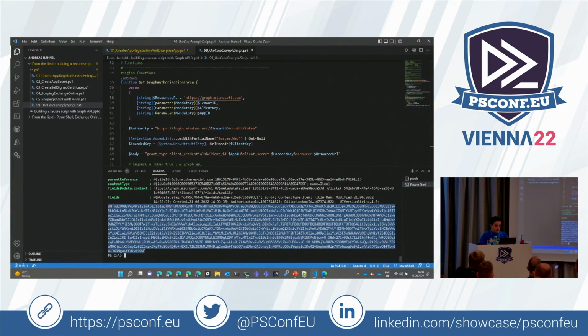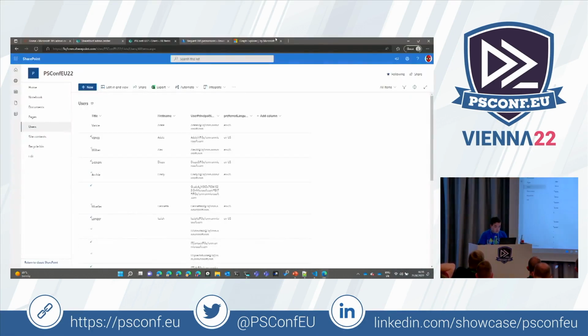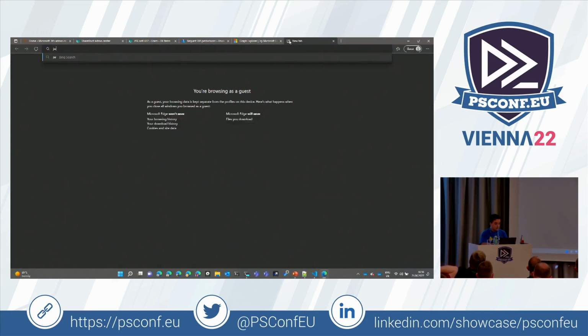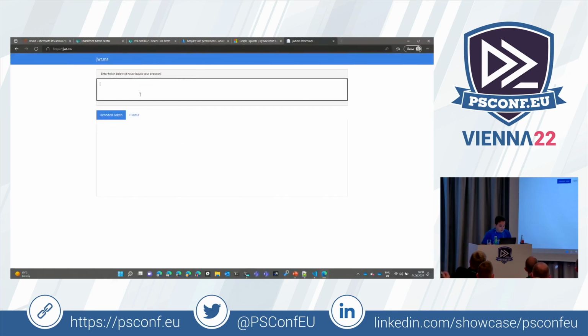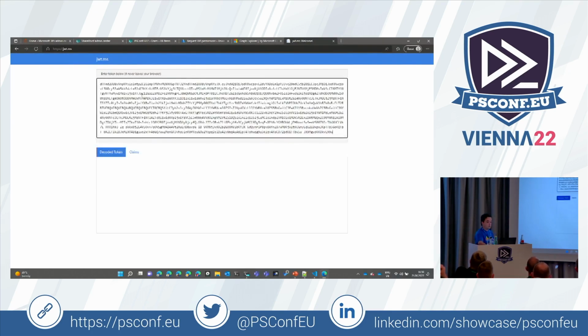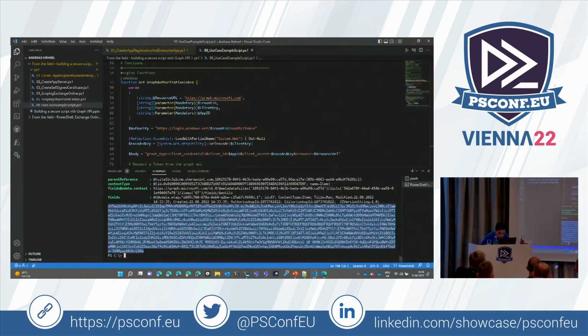If you are not sure if your token has the right permissions, copy that and go to a site called jwt.ms. This URL is your best friend. This is hosted by Microsoft for free. And all you have to do here, paste your token. And if you really copied everything, not like I did now,